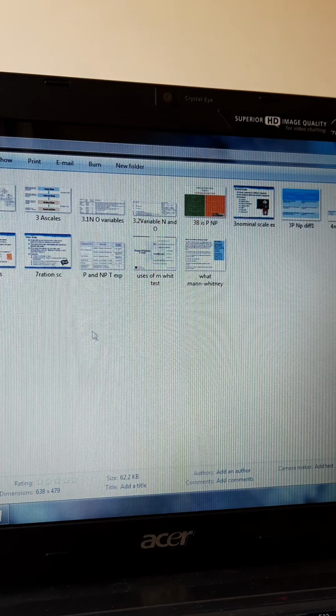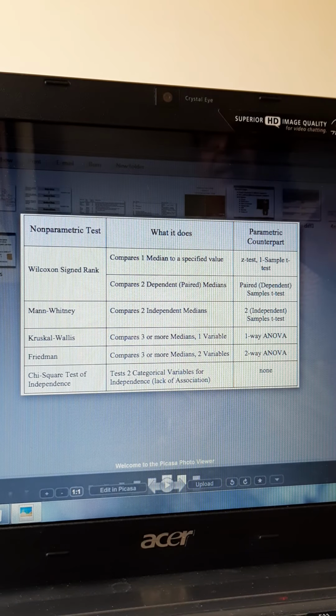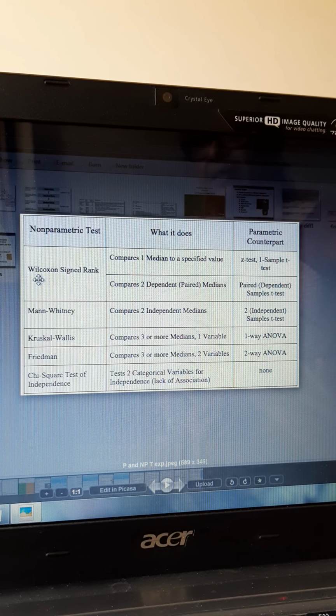So what we have seen today is what is parametric. So this is what it is. See this very clearly. Non-parametric tests, these are the tests. Okay. In this one or two, Friedman chi-square, okay, we will do. Friedman will do. Kruskal-Wallis will do. Mann-Whitney will do. Theory part of it.